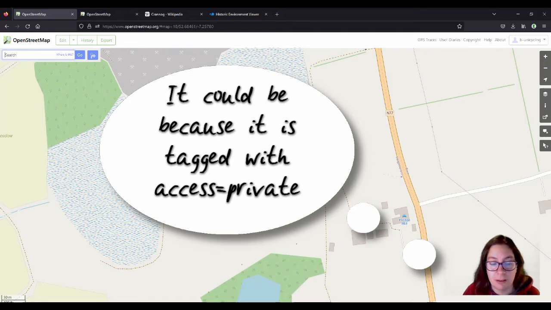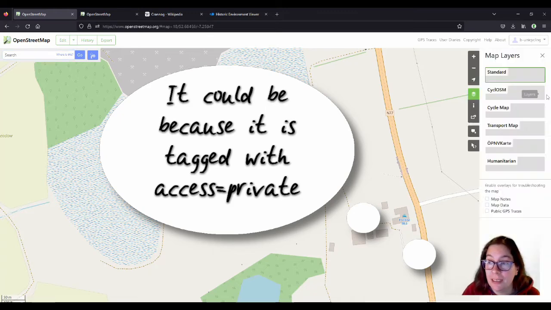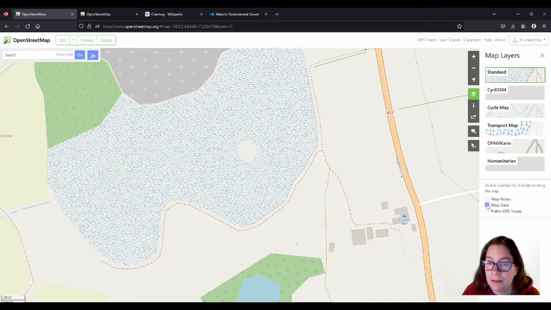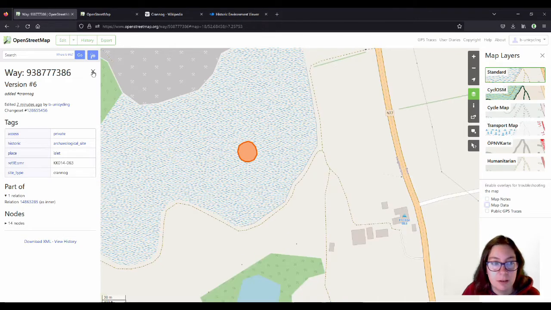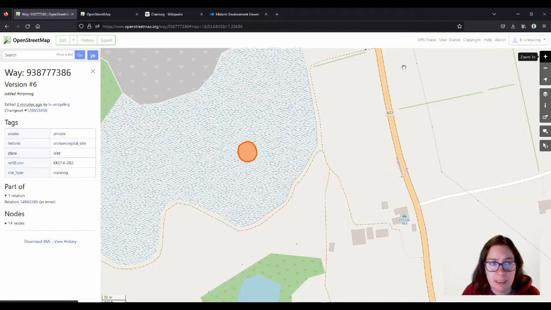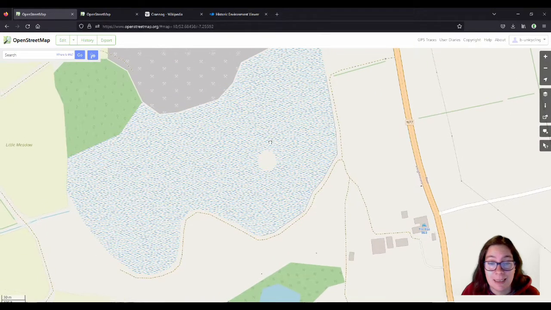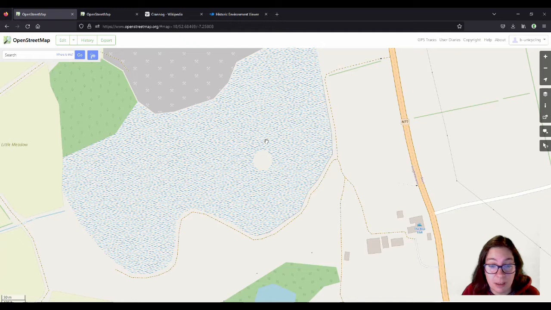Maybe you can't have an historic site on an island. That doesn't make a lot of sense to me. But the data is there. So if you activate the map data layer and you click on that ring, you see that the information is there. It's just not rendered as a historic site. The reason why I'm surprised and flabbergasted about that is that all the other crannógs that I have mapped so far, it's over 130,